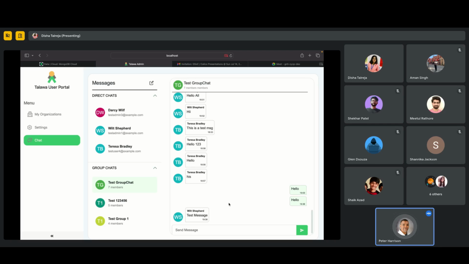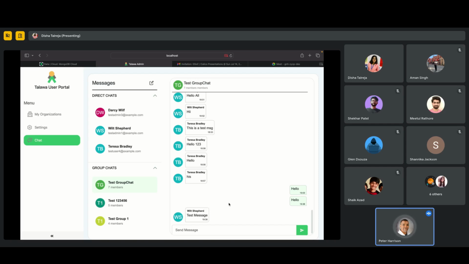So they don't really have a distinction between group chats and individual chats, right? There's no real way to tell the difference between them. And I'm wondering whether that might be something we may want to do or may not want to do. We don't have to have an answer right now, but it'd be good to try and figure out a way in which you could filter groups, because what I'm concerned about, for example, is if you have a lot of direct chats, then you'd potentially be scrolling forever before you get to the group chats.